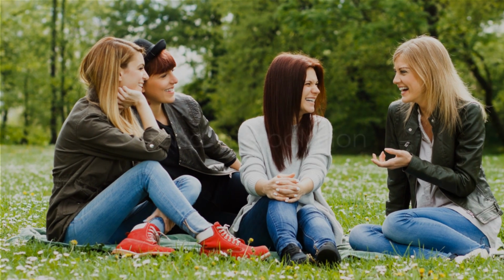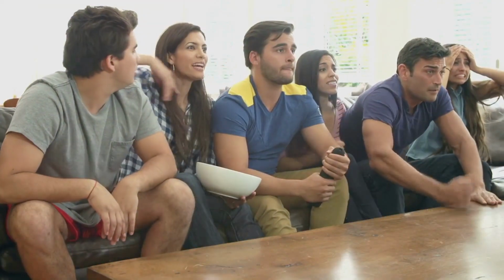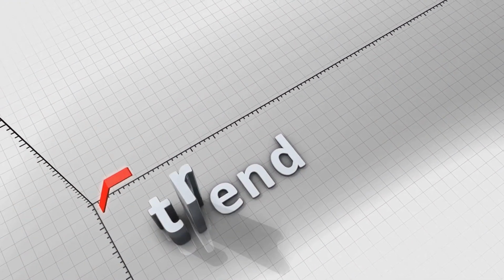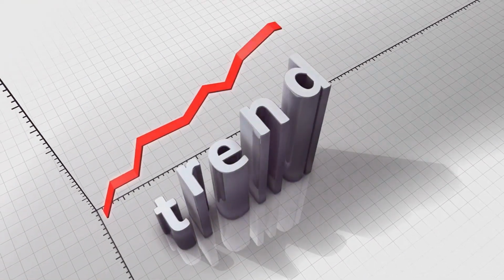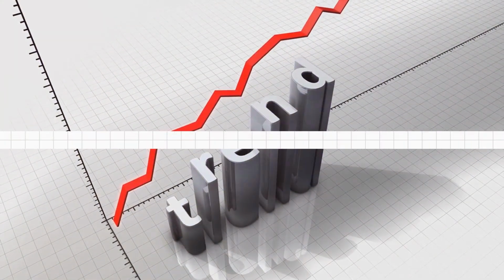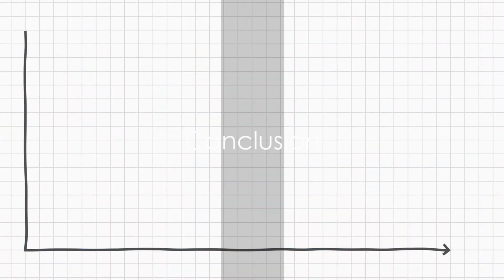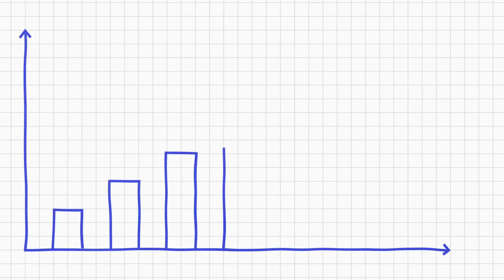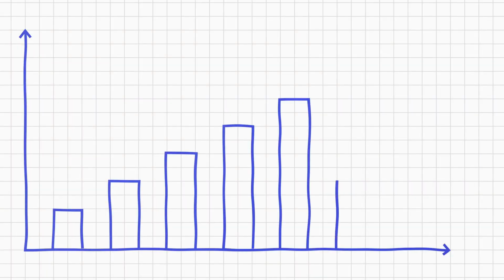And finally, we have trend interpolation. This method involves fitting a trend line to the known points and using this line to estimate unknown values. It's like observing the general trend in your friends' opinions and using this trend to estimate the opinion of a friend you haven't asked. So there we have it, 5 types of interpolation: inverse distance weighted, kriging, natural neighbor, spline,